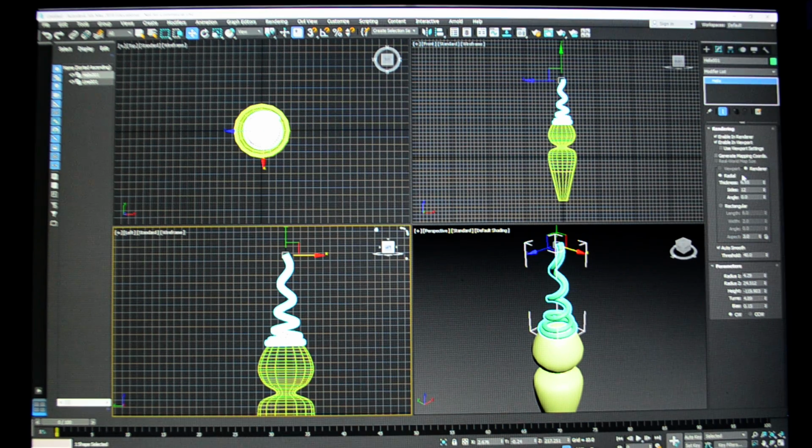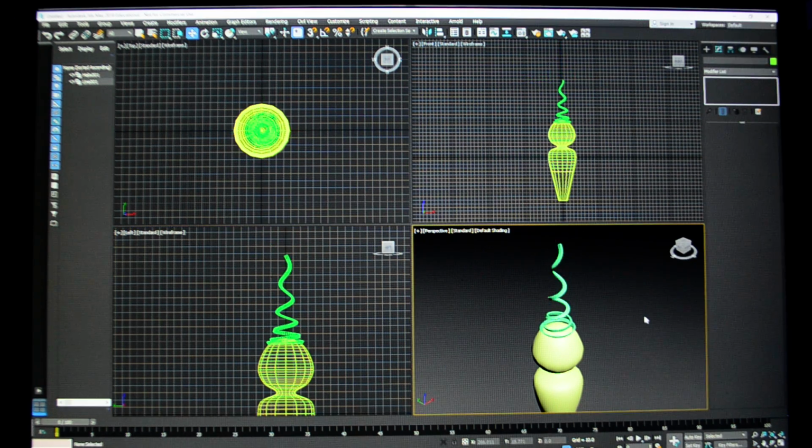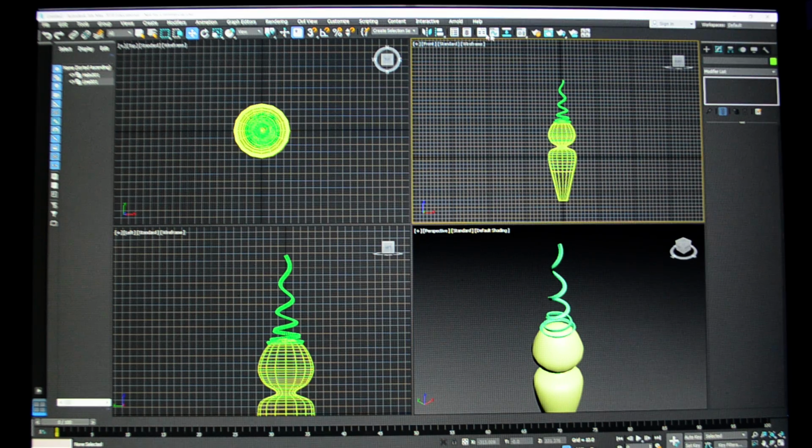Okay, so radial is the default, meaning it's round. You can change it to rectangular if you prefer. It's kind of cool. And then you can make adjustments to the, looks like spaghetti. And then down here you can still control the parameters. Okay. And so now what I have, I'm just going to render this out,